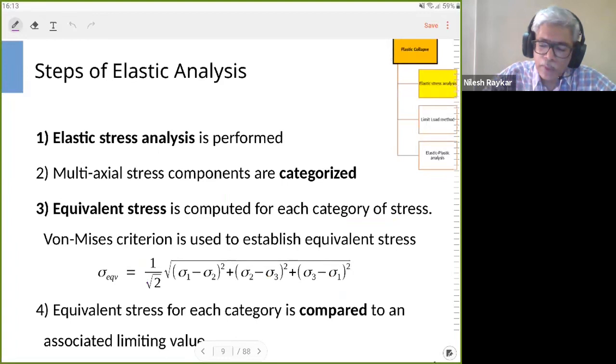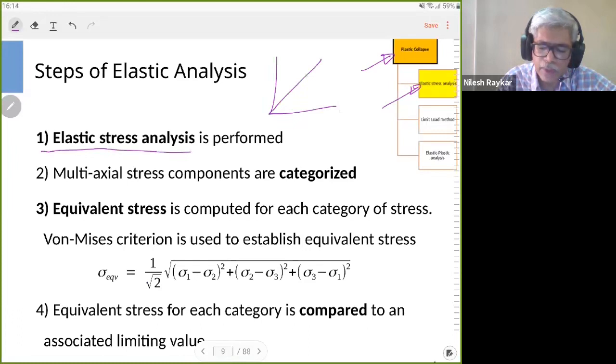So now we are at the plastic collapse, that is the first mandatory check, and within that we are discussing the elastic stress analysis. In elastic stress analysis, as the name indicates, we are considering the material to be perfectly elastic. So the stress strain curve would look like a straight line. The stress can take any level beyond yield, or 3 times yield, or whatever, even 10 times yield. And it will simply ensure proportionality between stress and strain under those conditions. Here we have to consider that the stress state that we obtain from,